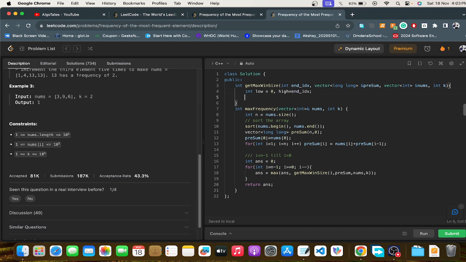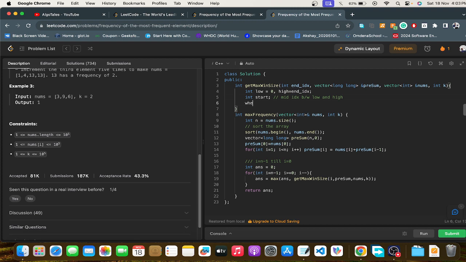We want to find the start index, which is of course the mid value, which is of course a mid idx between low and high, right? We will store that starting index so that we can use it later to return the answer. So while low is less than or equal to high,